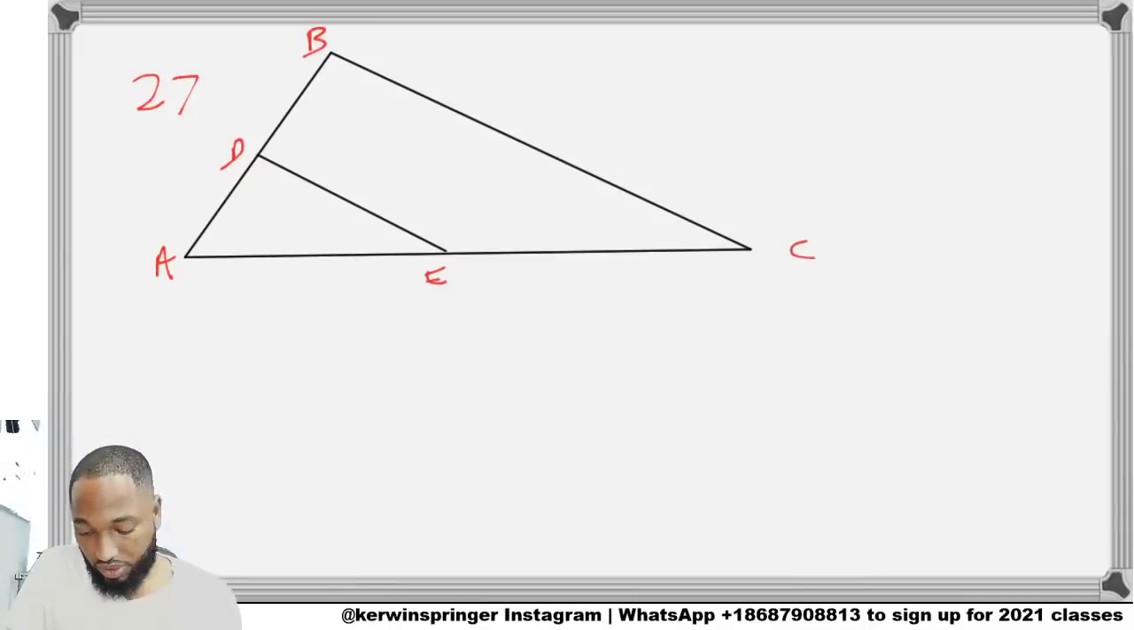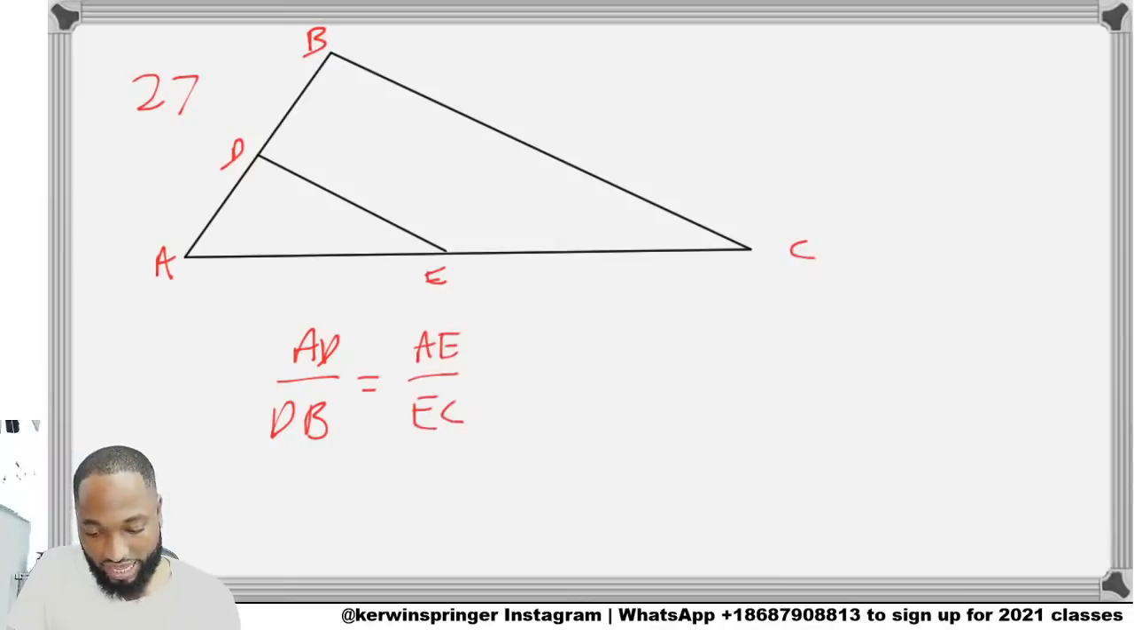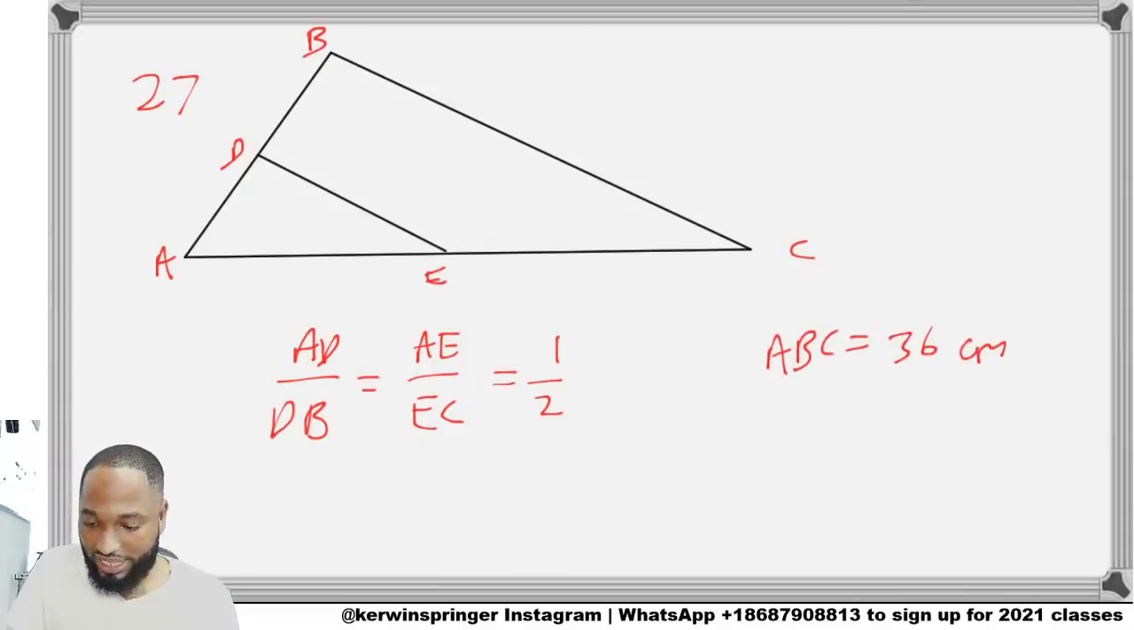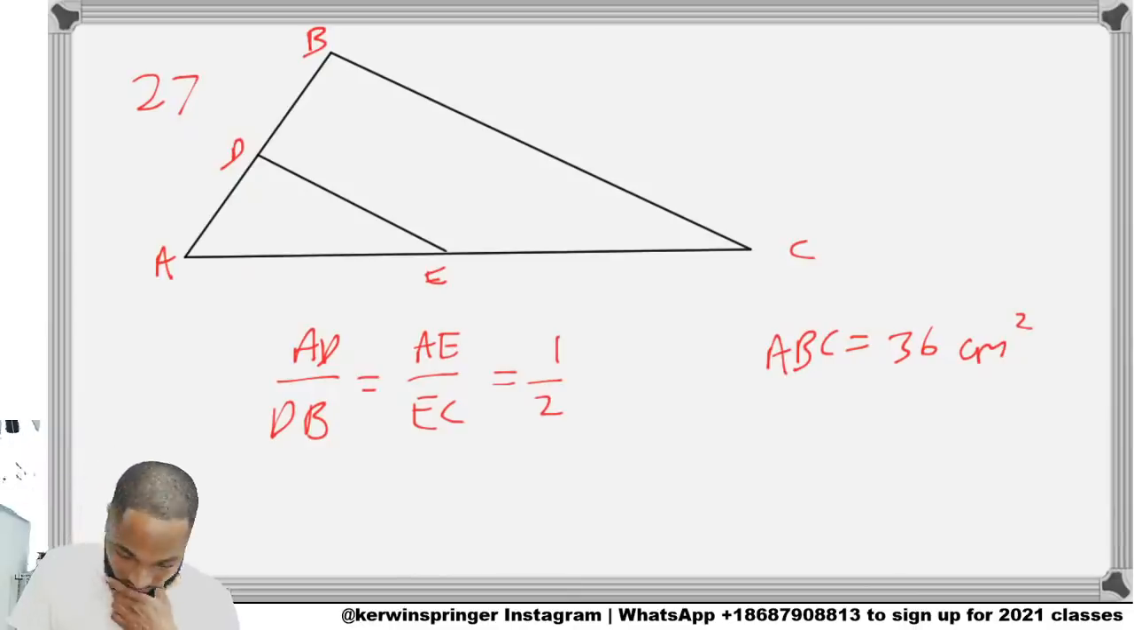I love it. So in the diagram above, ABC is an enlargement of triangle ADE such that AD over DB is equal to AE over EC, which is equal to half. We talked about this last night or yesterday. If the area of ABC is equal to 36 cm squared, then the area of